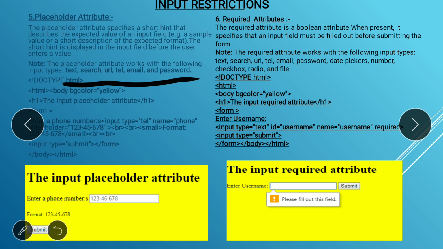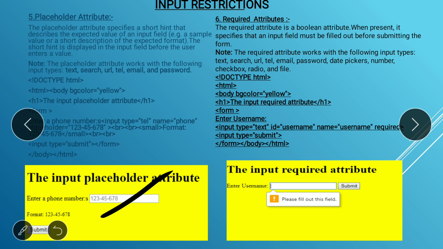For telephone, you are a student, you did not mention the pattern here, but you have to tell the user to please enter that type of input. So see here, in that example we mention the phone number format.